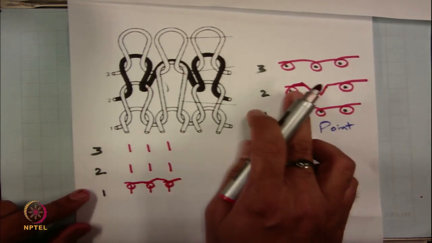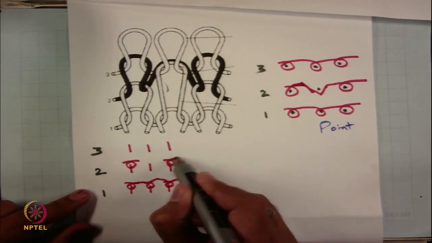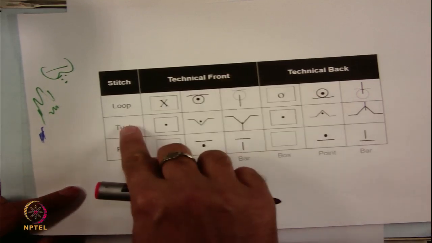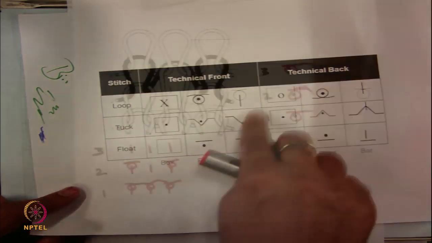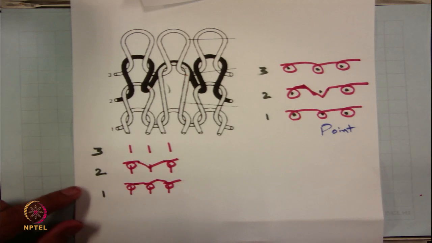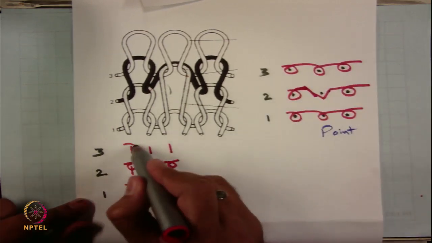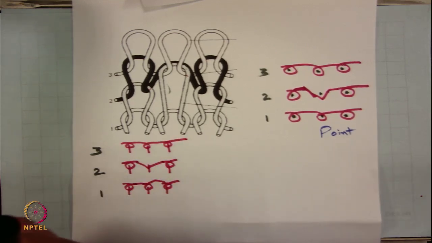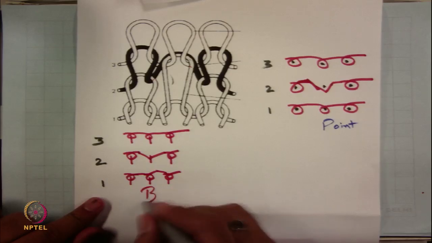Now we go for the second course, again the same, 2 have been formed, but for the tuck representation, we represent it like this. So almost similar nature. So this is how you represent it. Okay. The third course, again all loops, you simply follow all loops. Okay. So this is how you represent the bar diagram.